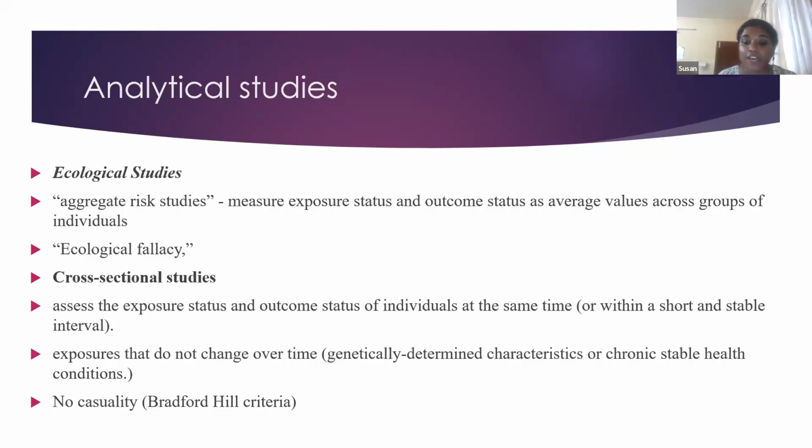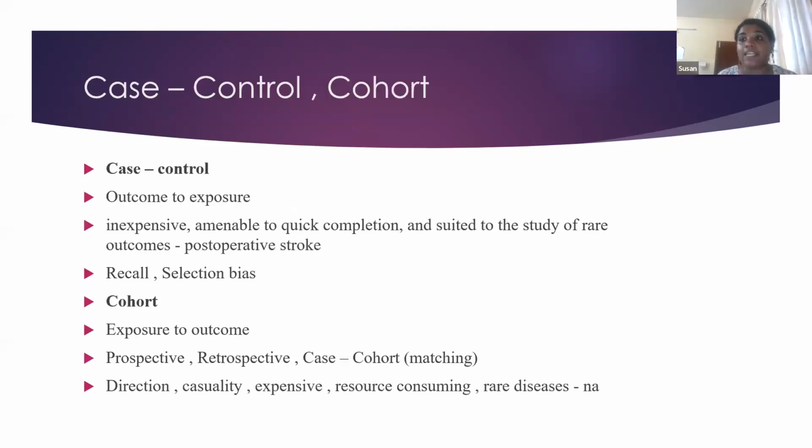And if we are finding out, okay, they were obese, they were of older age, then it becomes analytical. Right. So moving on to the next subsets of analytical studies, we have case control and cohort studies. All of us would have heard this. How do we go about it?